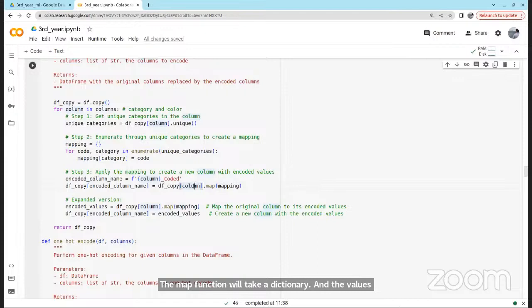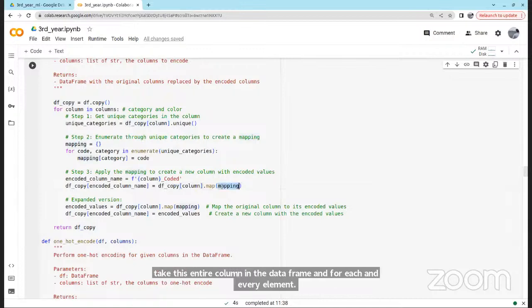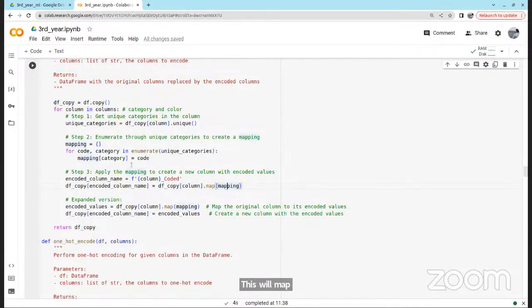You can actually code it yourself, but here we used some pre-built functions in pandas. It takes this entire column in the data frame, and for every element, it maps using this mapping dictionary. So in this mapping dictionary, A will be 0. If it encounters A here, it will return 0, and that 0 will be stored in the encoded column name. Like this, you create one dictionary and then map it to your original column.